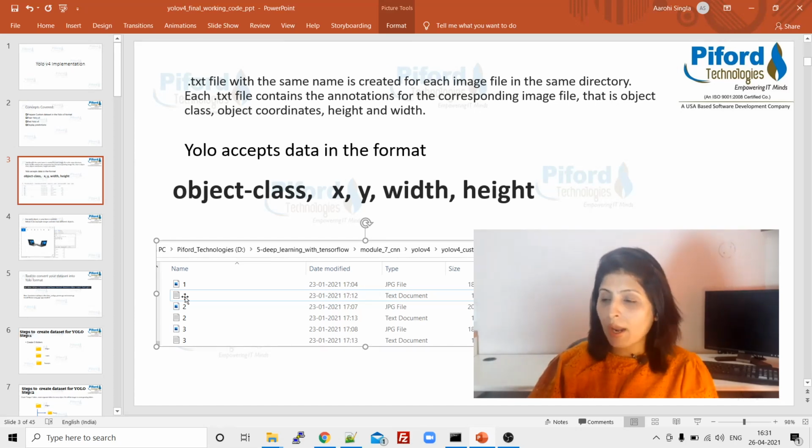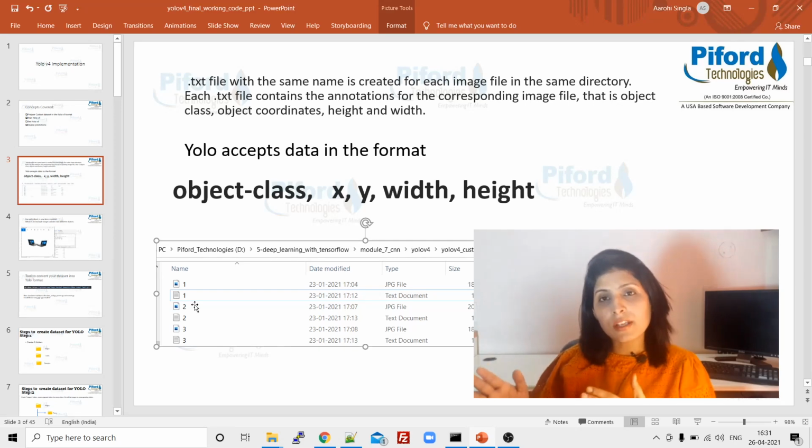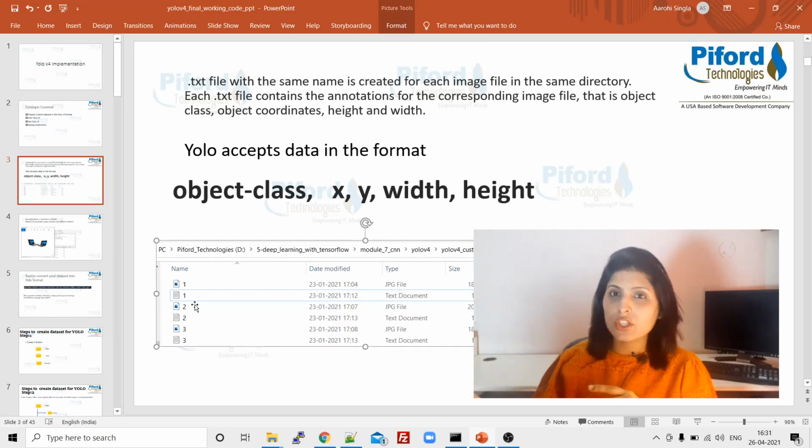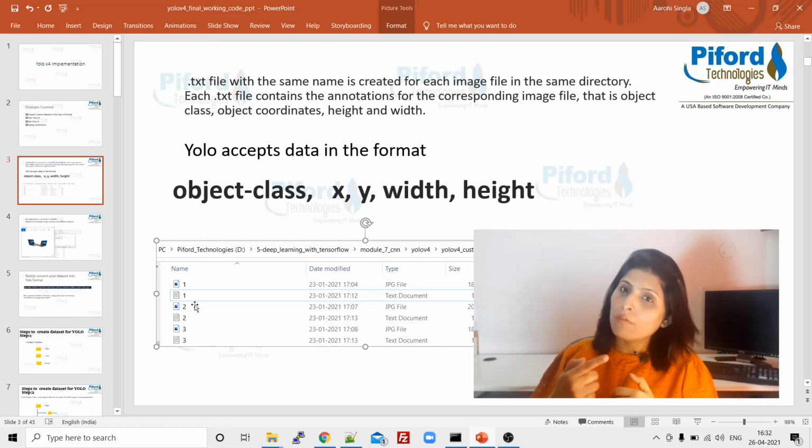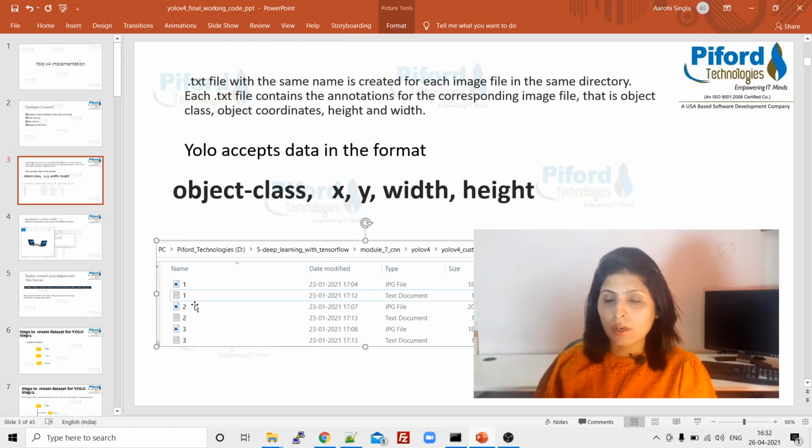So this 1.txt file has the annotation details related to image 1. In the same way, the 2.txt file has the annotation details associated with the 2.jpg image. If you have 1000 images, you're going to have 1000 text files, one text file for each image, and that text file is responsible for storing the annotation details for that particular image. So this is what we want.